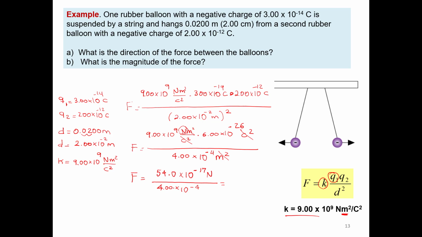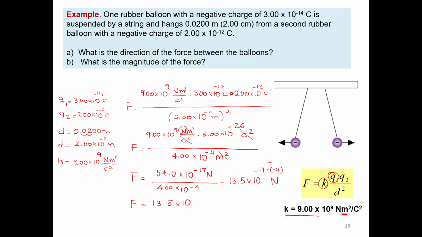And now we can just divide the numbers. 54 divided by 4 will be 13.5. And now negative 17 minus minus 4. Remember, if we have division, we subtract the exponent in the denominator from the exponent in the numerator. Then you will have minus 17 minus minus 4, which will be positive at the end. Finally, we will have minus 17 plus 4. Then here, let me write here newtons. Then finally, the force will be